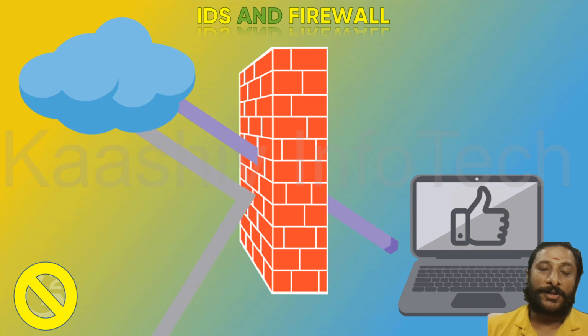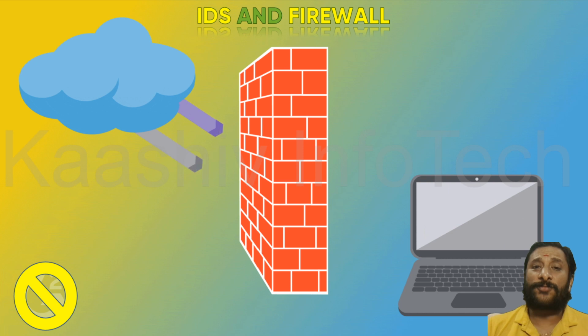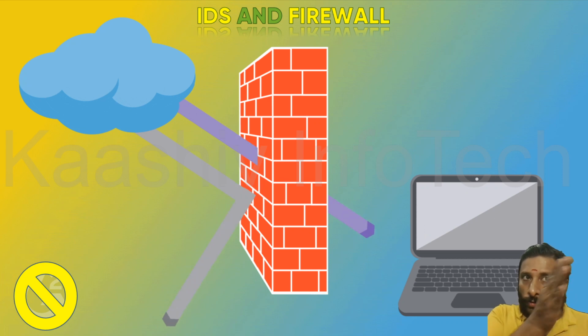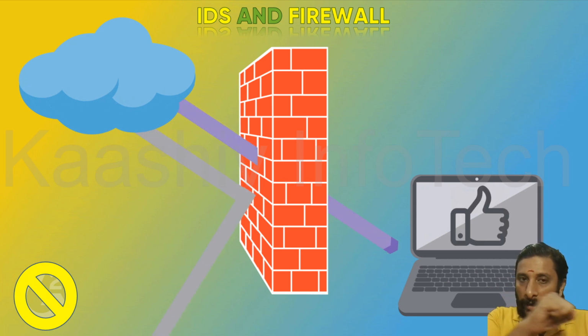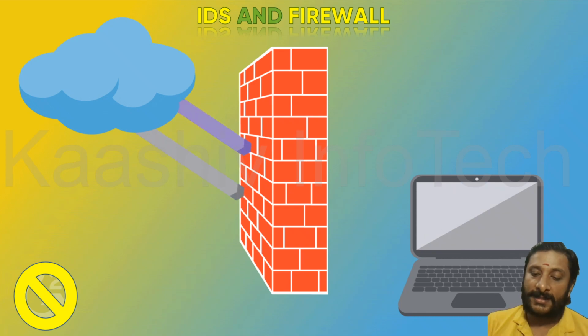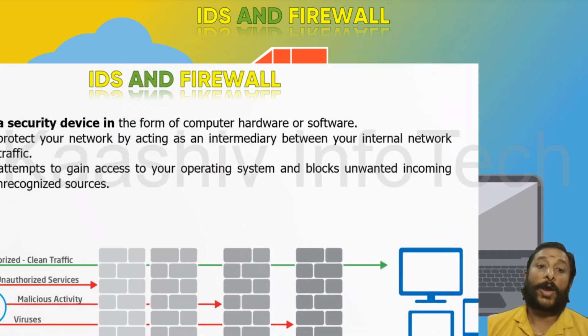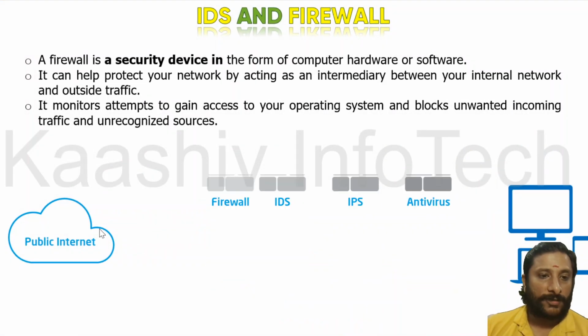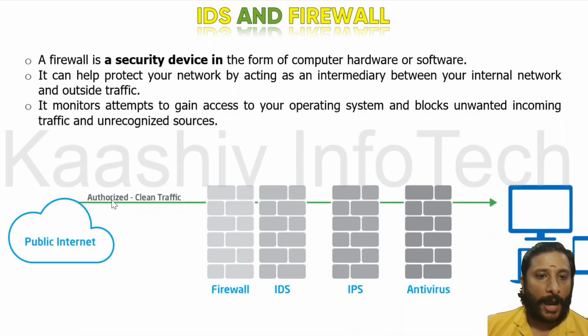Okay, over here I got the firewall. What is a firewall, sir? Unwanted requests don't come in. That is called an intrusion detection system. Intrusion, viruses entering, detection system, and this can be avoided with a fantastic guy called a firewall. Okay, here is the firewall. You are able to see from the public, I'm getting authorized traffic entered.